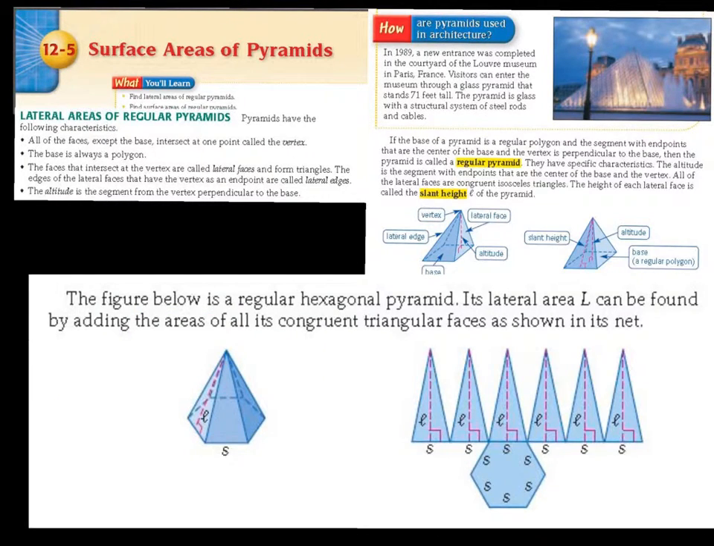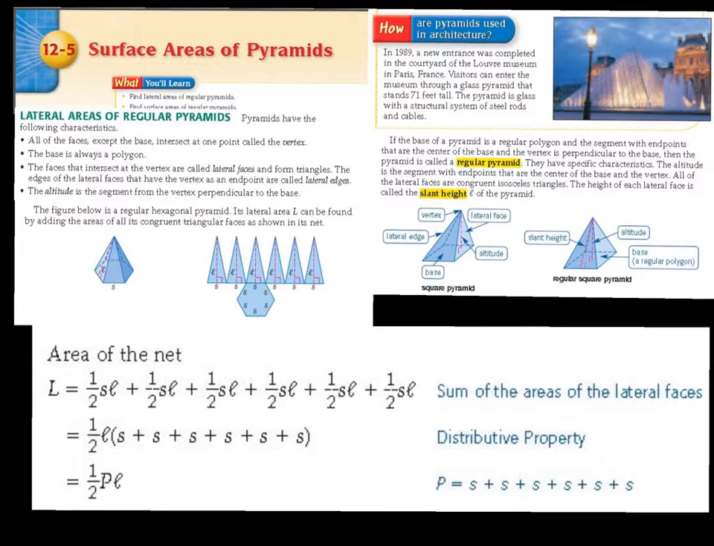The figure below is a regular hexagonal pyramid. Its lateral area, L, can be found by adding the areas of all its congruent triangular faces, as shown in its net. We can use the net to find the lateral area. So we can see we have these 1, 2, 3, 4, 5, 6 triangles. Area of a triangle is 1/2 base times height. The base of each